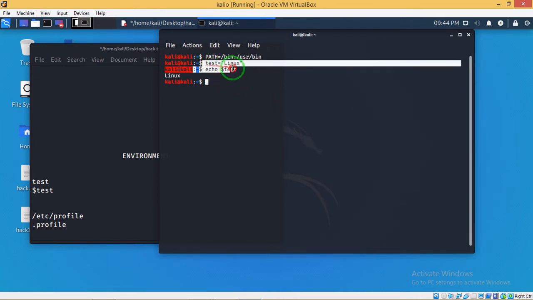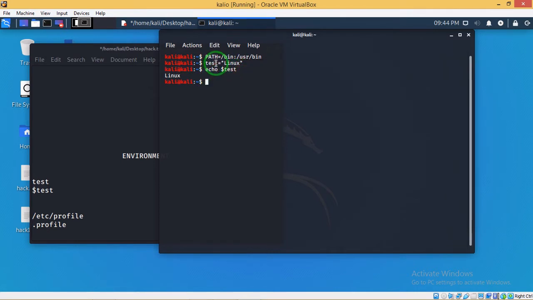It shows Linux. This is a Linux basic program. When you type a variable with a string, you have to call that variable with a dollar sign. If you're not using a dollar, it shows you an error. By default you have to use a dollar.